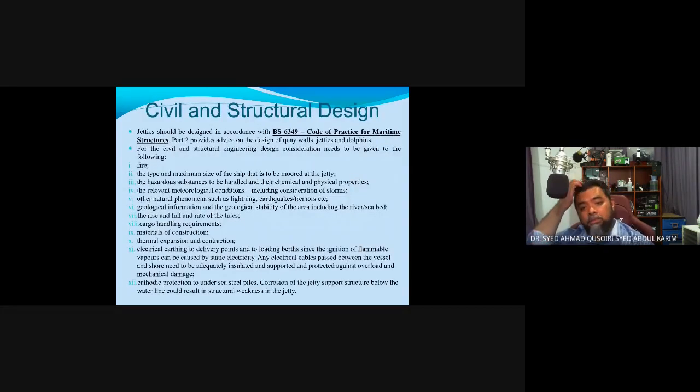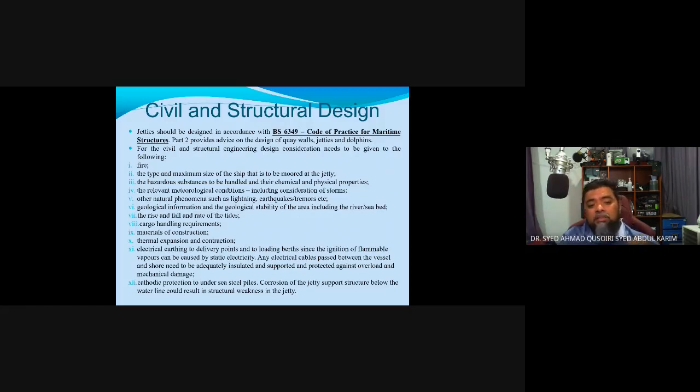So civil and structural design of jetties. Jetty should be designed in accordance with BS 6349, part 2, advice on design of quay walls, jetties, and dolphins. So the considerations include a risk of fire, maximum size of vessel that can be moored or basically parked at the jetty, hazardous substance that can be handled, the chemical and physical properties that can be handled by the jetty,